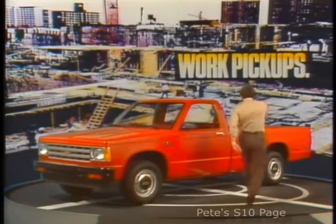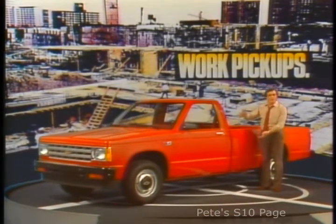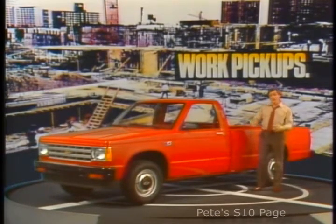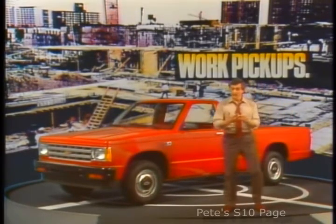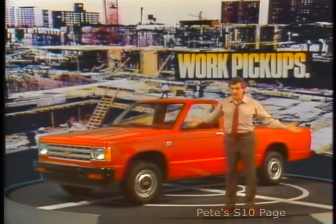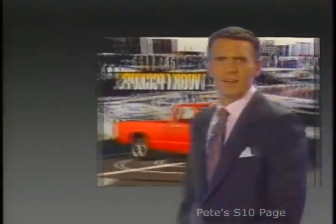Up top, the cargo box sidewalls are made of double-walled galvanized steel to protect the outside looks and to fight rust. This truck was built to do a job for you. So what do we know? We know my S10 can cost you less, last longer, work harder, and look better in the process. Now I'm going to show you a few things under the hood, like the optional V6 with electronic...